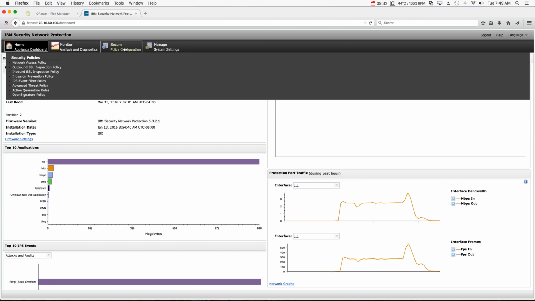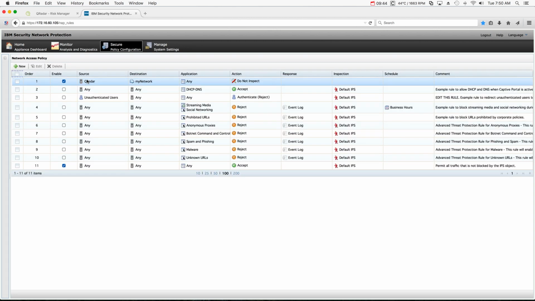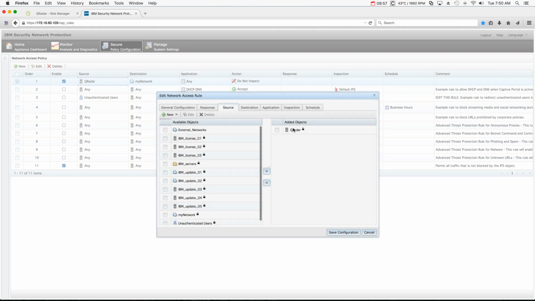So I go into the security, secure policy configuration, network access policy, and in here this is the actual policy that we specify. We made it first to be evaluated and said do not inspect when the source is the QRadar that we defined before. So